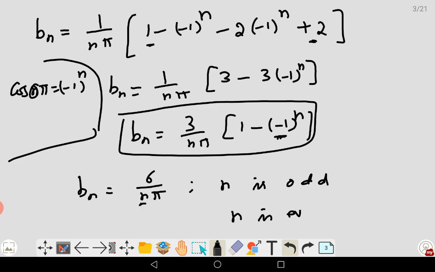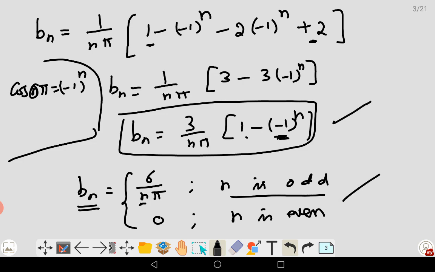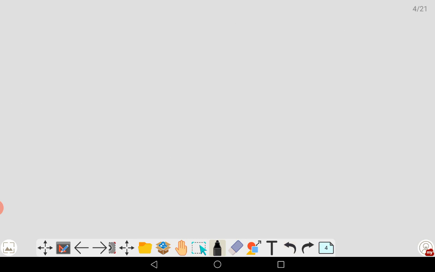When n is even, minus 1 to the power n will be positive 1, and 1 minus 1 will be 0. So bn is available only for odd values of n. That's the point. You can use either this form or this one in the final answer. Final answer, we will write f of x